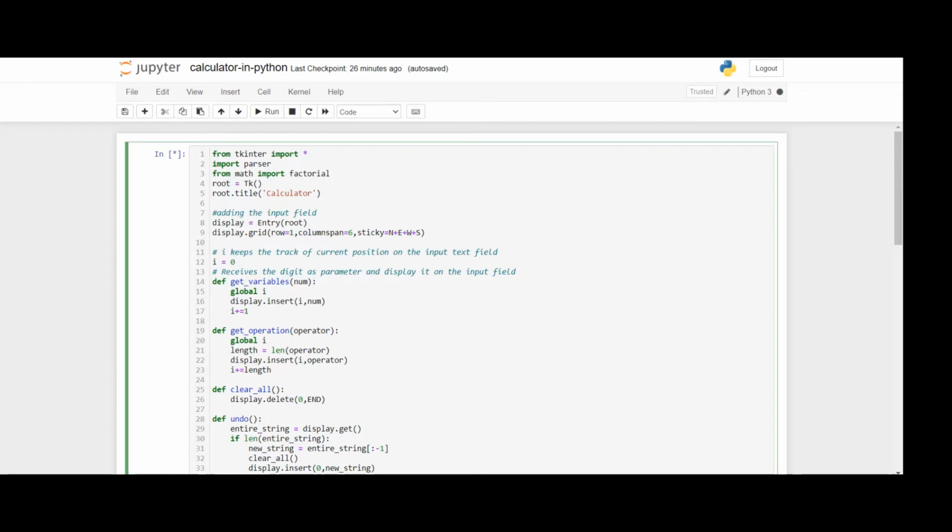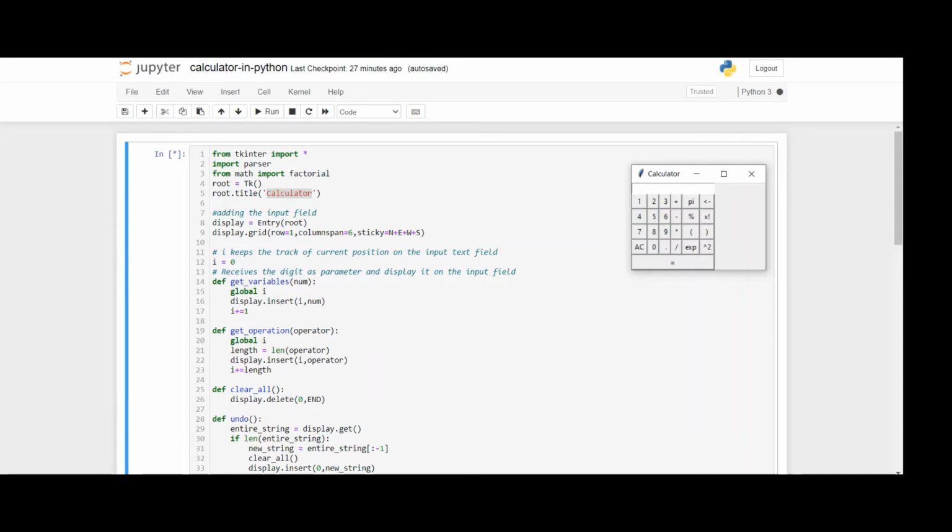In the next line, we access the title function of the tk class, which defines the title of the GUI section. I already ran the program once again. You can see the calculator title here in my code. Okay guys, please see it.